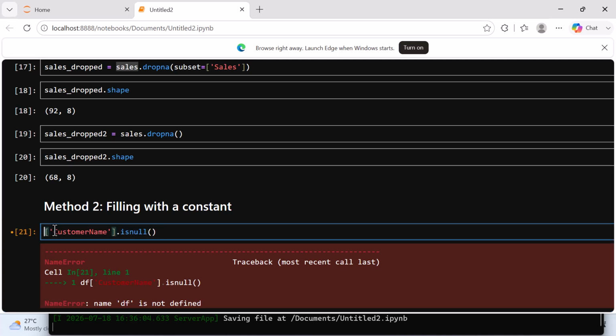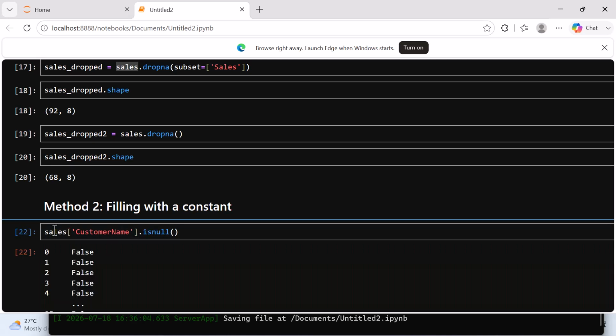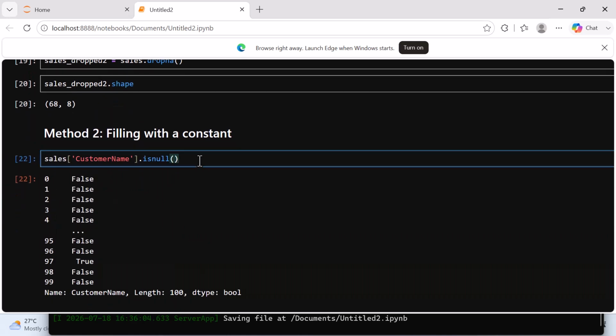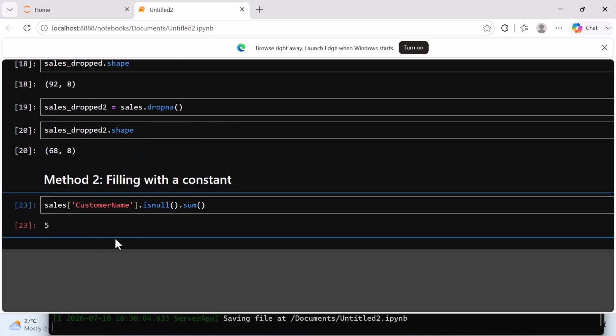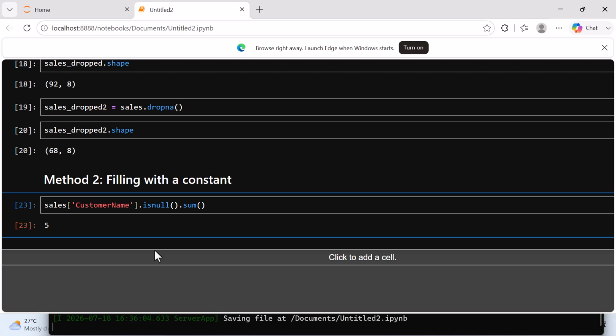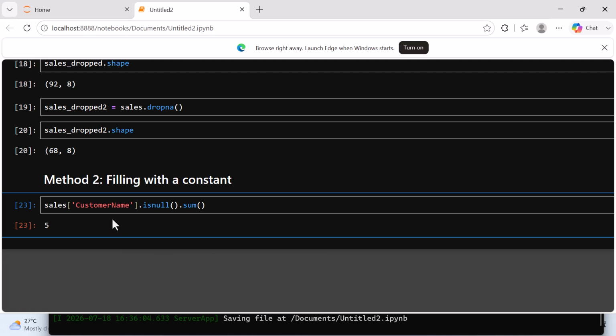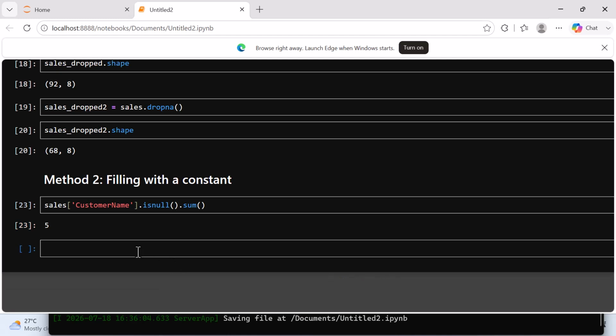Why do I keep saying DF? I'm used to calling it DF. It has some missing values. It has 5 missing values. So let's look at how you can just fill in these missing values with a method